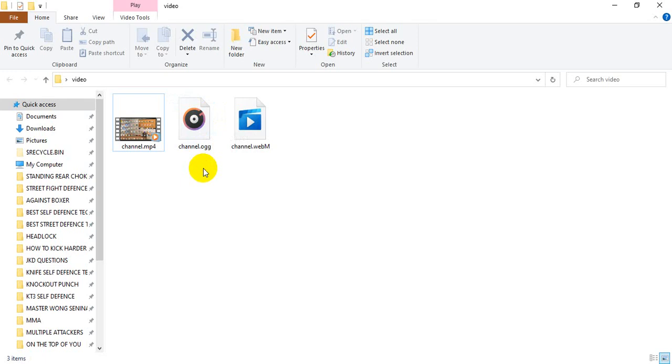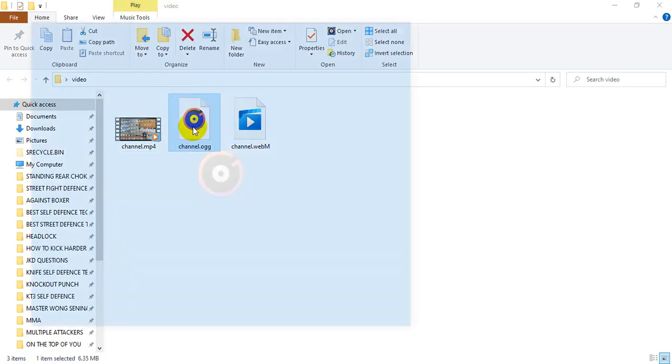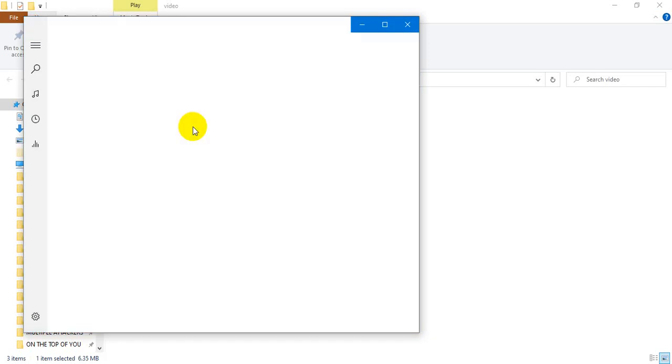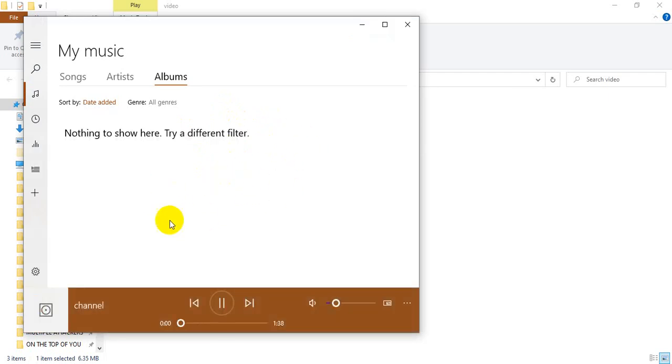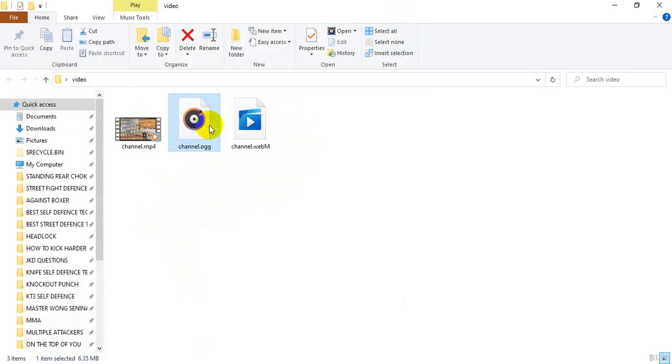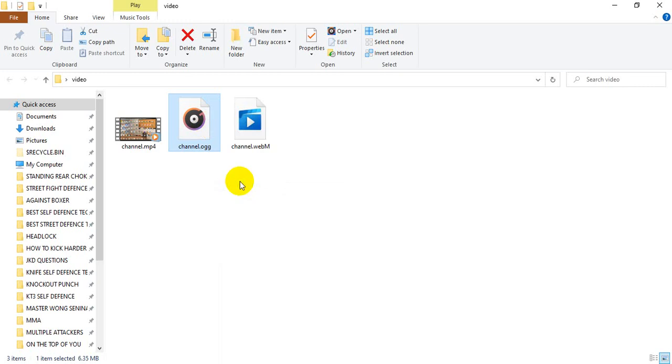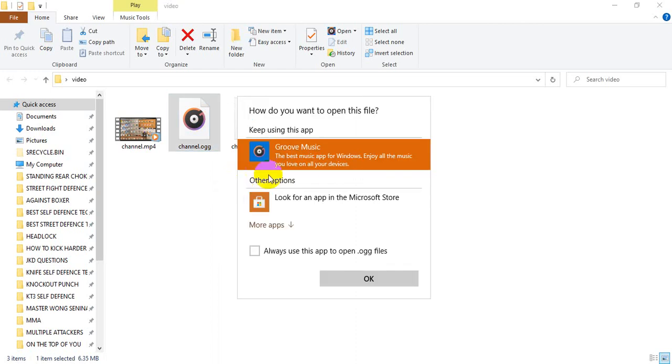So let me open this file first, because I want to add this channel.ogg file. I have just opened it to check whether it's working, whether it's playing or it's a corrupted file. When I click on open, it's taking some time. Okay, I think it's not working. Let me open it in some other player, then I will come to know whether it's working or not.